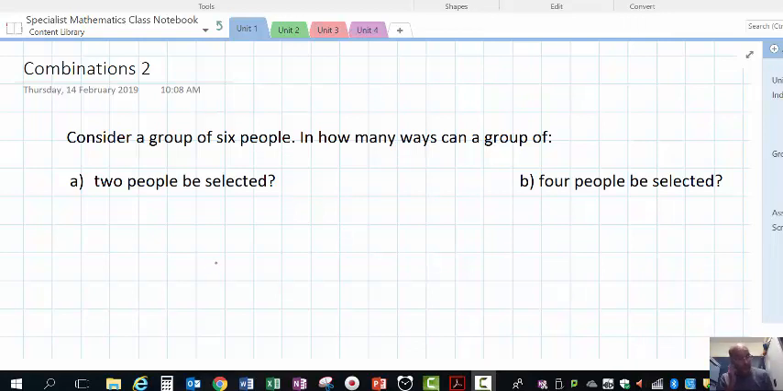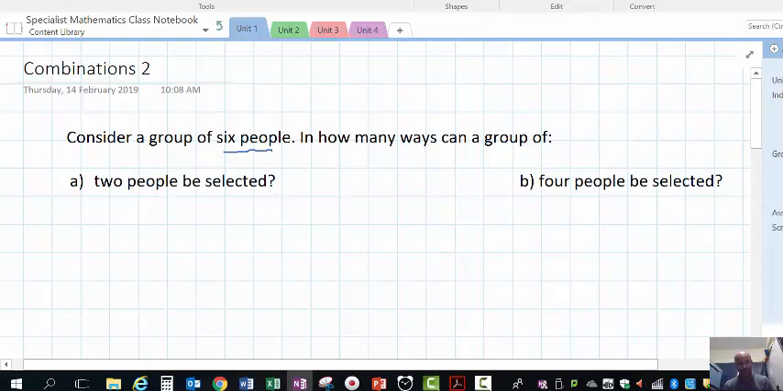Okay, building on our understanding of combinations is the goal. Consider a group of 6 people. How many ways can a group of first 2 people be selected and then 4 people? So this is obviously an nCr question. We're choosing. And so nCr,